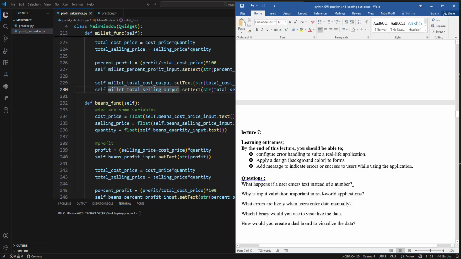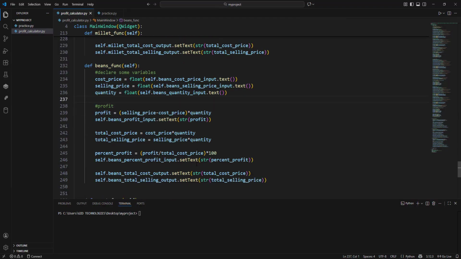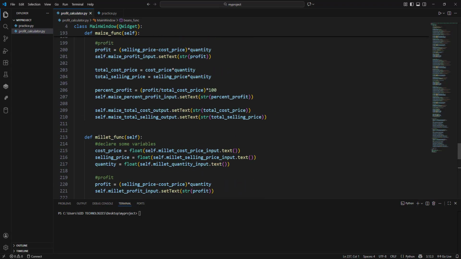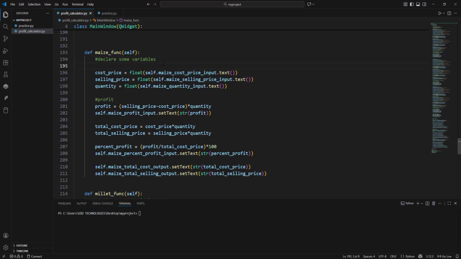So what happens if a user enters text instead of numbers? That's what we are going to work on. Then input validation. Somebody should not just enter anything. What errors are likely when users enter data manually? Which library would you use to visualize data in case you have now compiled the data? I think this one will be in the next one. So let us now start straight away. Remember, we have seen the user capturing some unwanted data. So we are going to do error handling